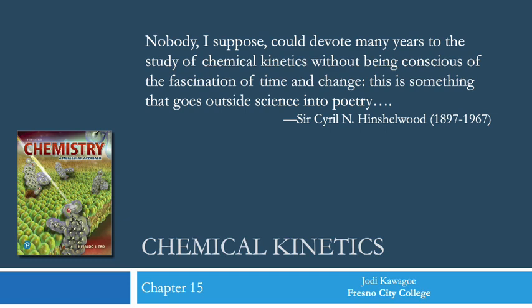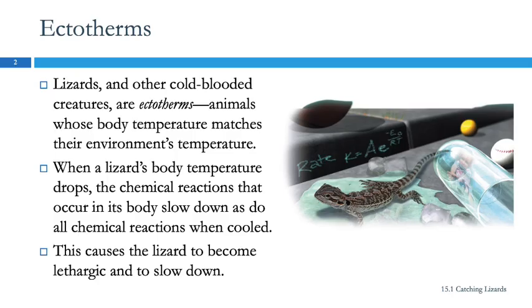It's about how fast or how slow chemical reactions go, and also what can we do to make them go faster or slower? How can we control them? So down here, this is the section from the textbook. Over here, lecture slide number. So the author starts out with a story about lizards and about his kids catching lizards. Kind of a cute story.